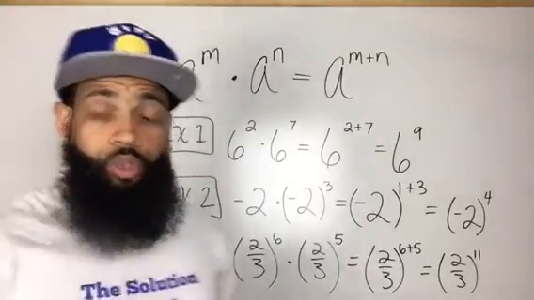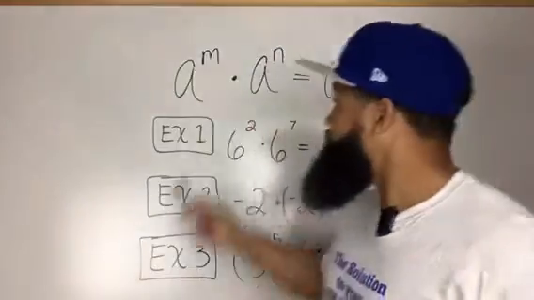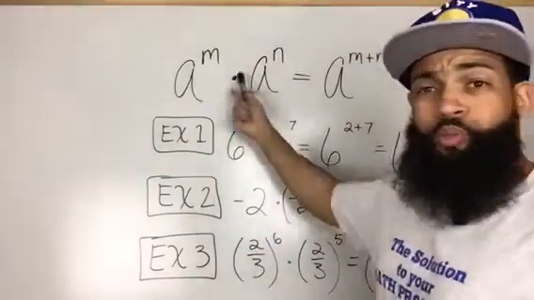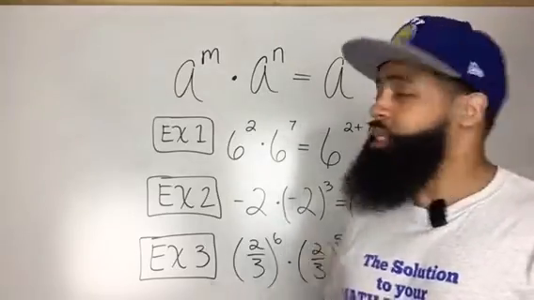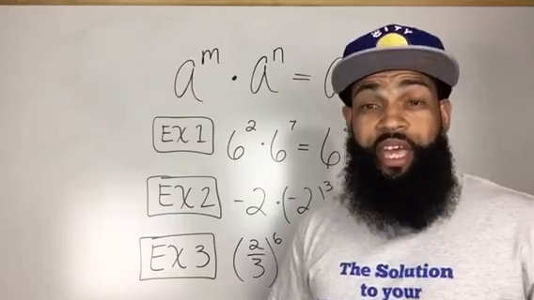11th power. So once again, the rule tells us that if we have two exponent terms with the same base and we're multiplying them together, we can keep that same base and simply add the exponents. And that is the